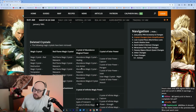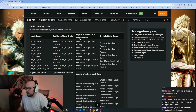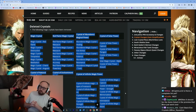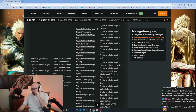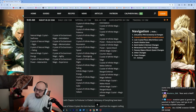So essentially, guys, yeah, here's all the deleted crystals that we just got. They're deleting a lot of the useless crystals in the game. And I say useless, but what this means, guys, for most people, these crystals don't matter at all. Okay? Nobody uses this stuff. The only players that really make use out of the vast majority of these crystals, save maybe 1 or 2 of them,